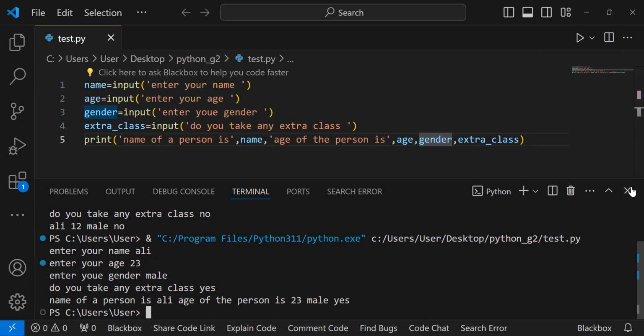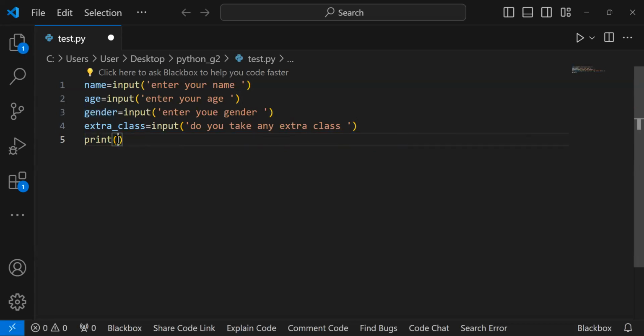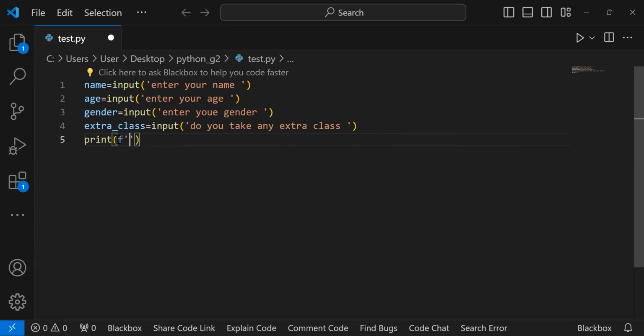There is another method. How can we modify it? If you observe, sometimes it gets difficult to put quotation marks again and again, then separate it by using comma. Instead of using this method, we can use the printf method. Like we can put f, then open quotation just once. Then we can write anything like the name of the person